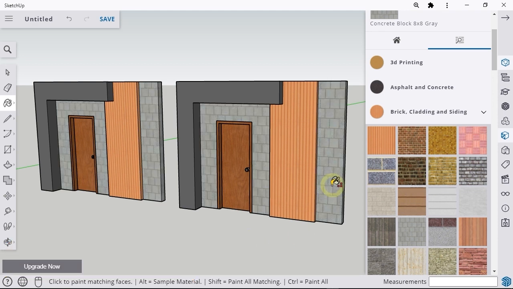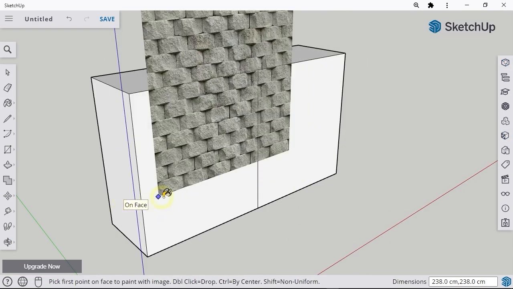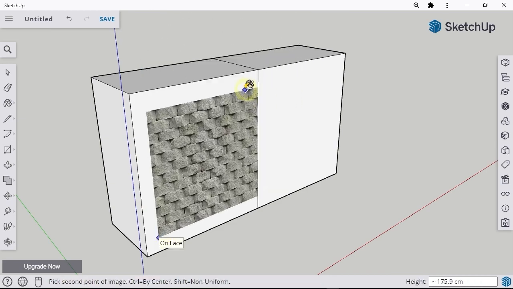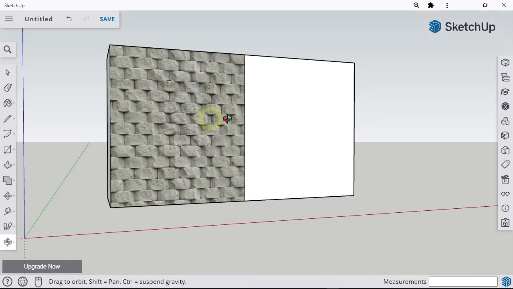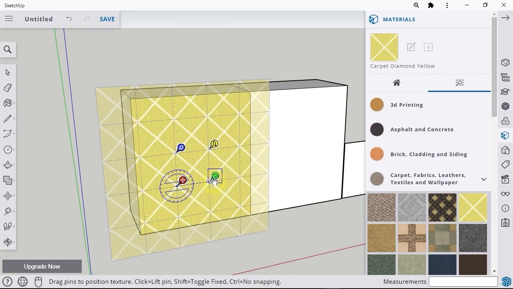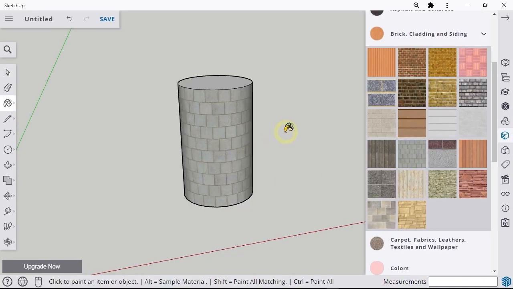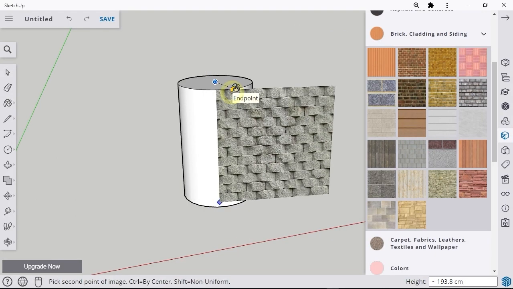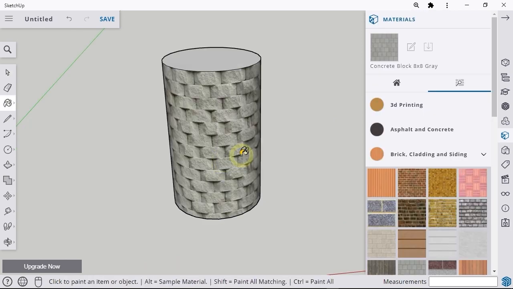In addition to learning to use the materials provided by SketchUp, you will also learn to create your own materials and textures. After that, we will discuss various methods of manipulations for textures that are already attached to 3D object surfaces. We will cover both flat surfaces and also curved surfaces.